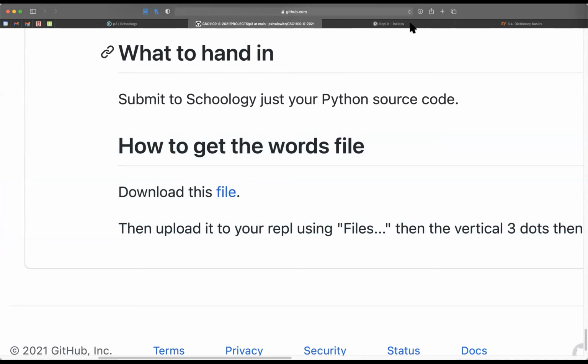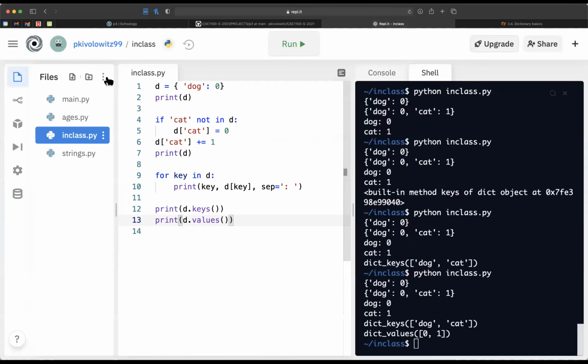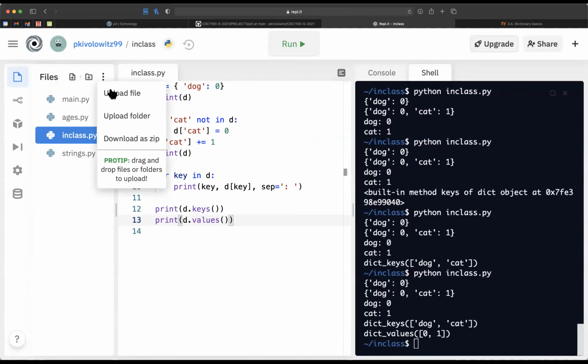Okay, so it downloaded in my browser. There's the words. It's 3.6 megabytes. Then go to Replit and upload a file. Click the 3 vertical dots, upload,